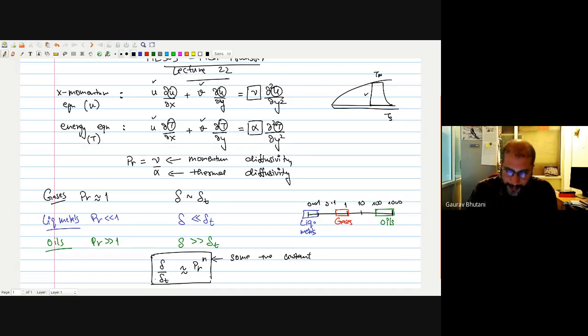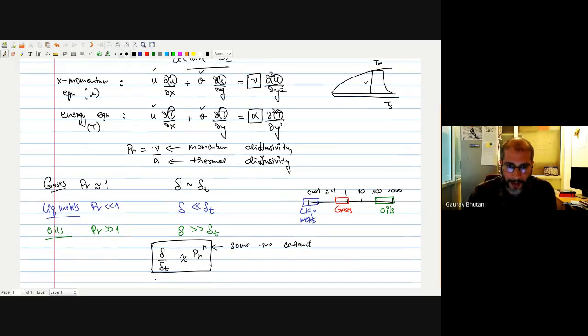And you can see how important this non-dimensional quantity, the similarity parameter Prandtl number is, because it tells us the relative thicknesses, or the relative rates at which the momentum and the thermal boundary layers grow. So it contains the information of the ratio of the momentum diffusivity to the thermal diffusivity. So we will use that a lot, and we'll reinforce our understanding of this parameter, as well as the importance of using Prandtl number for engineering analysis in convection problems.